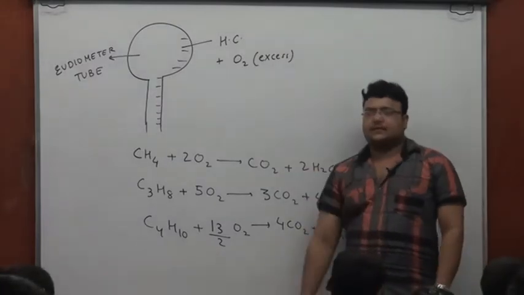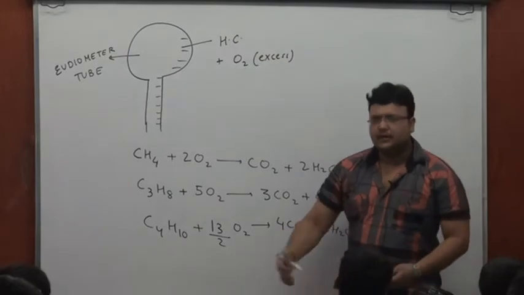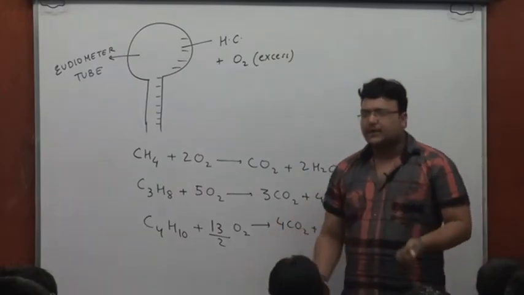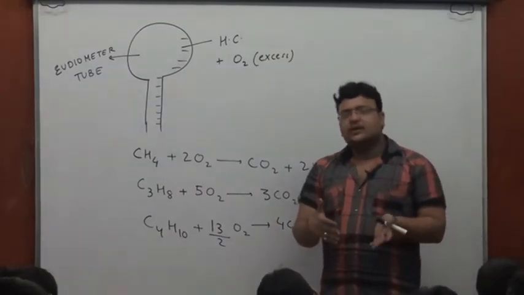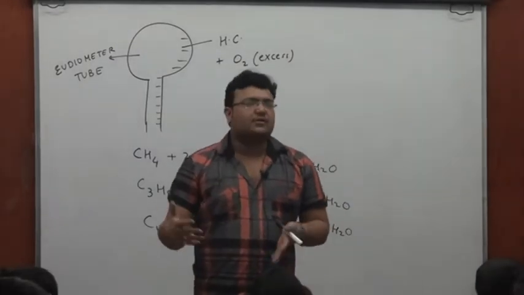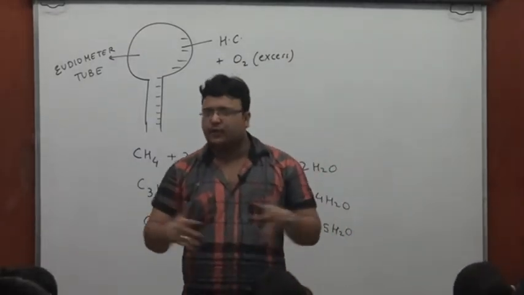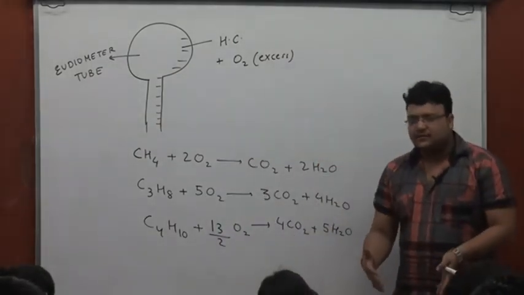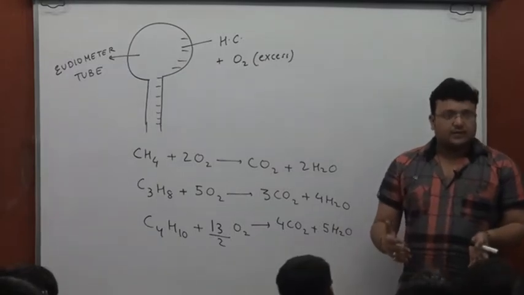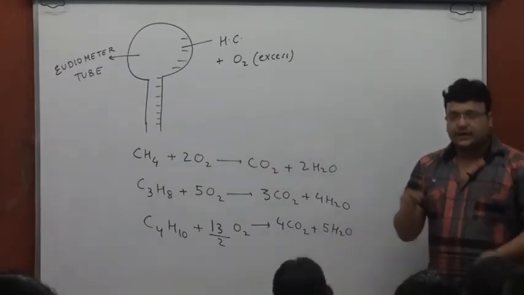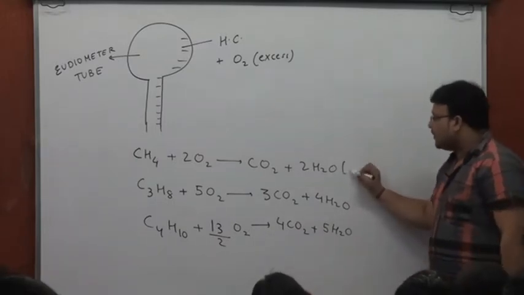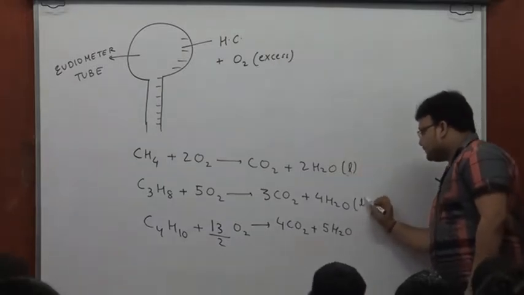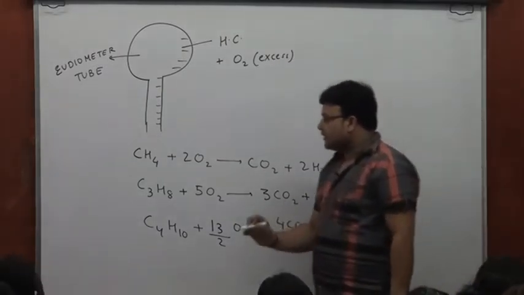I'm going to do this at a temperature generally which is the flash point of a hydrocarbon at which it's going to get burned, and then I'm going to cool it down. General temperatures will be in the range of 20-30 degrees Celsius in laboratories across the world. So the normal temperature will be well below 100 degrees Celsius. I hope all of you are following me. If the temperature is well below 100 degrees Celsius, water will be in liquid form. The rest are in gaseous form.